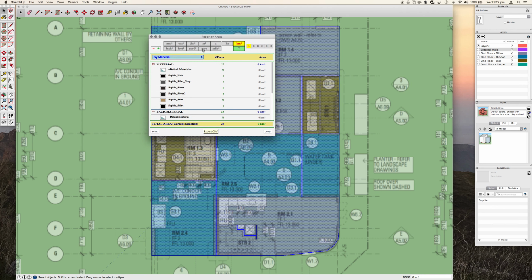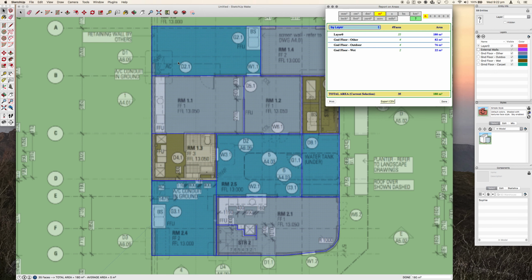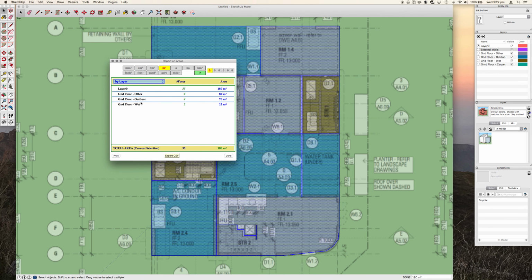And then if I choose my units and then go by layer, it gives me the ground floor other, ground floor outdoor, and ground floor wet areas, as well as a total here. So you can even export that as a CSV, and then it's potentially ready to upload into eTool. Might be a little bit of formatting involved, but what you don't get with this one, because this is reporting areas,